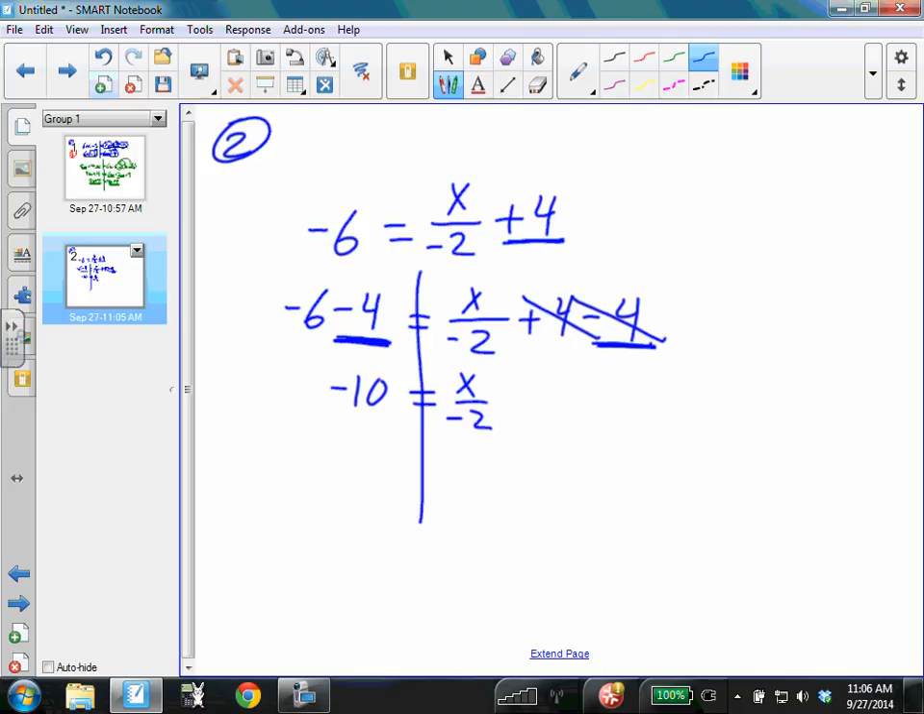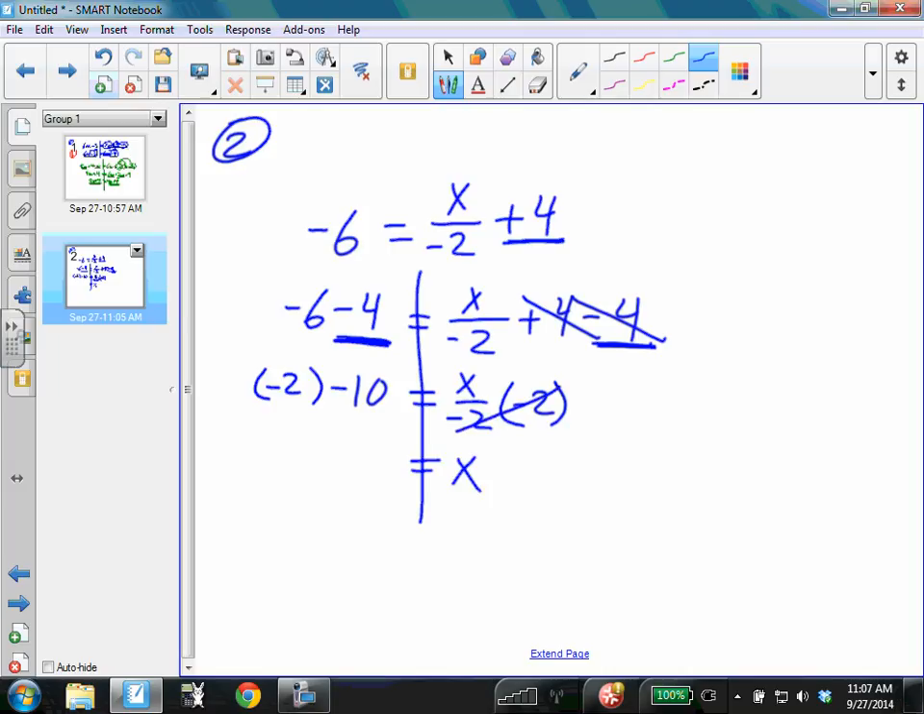Still trying to get x by itself, and so what I'm going to look at is the fact that x is being divided by negative 2. So to counteract that, I'm going to multiply on both sides by negative 2. Since they're dividing, I'm multiplying, and I want to multiply by negative 2. So these negative 2's will cancel out, and that leaves me with just an x on the right-hand side of